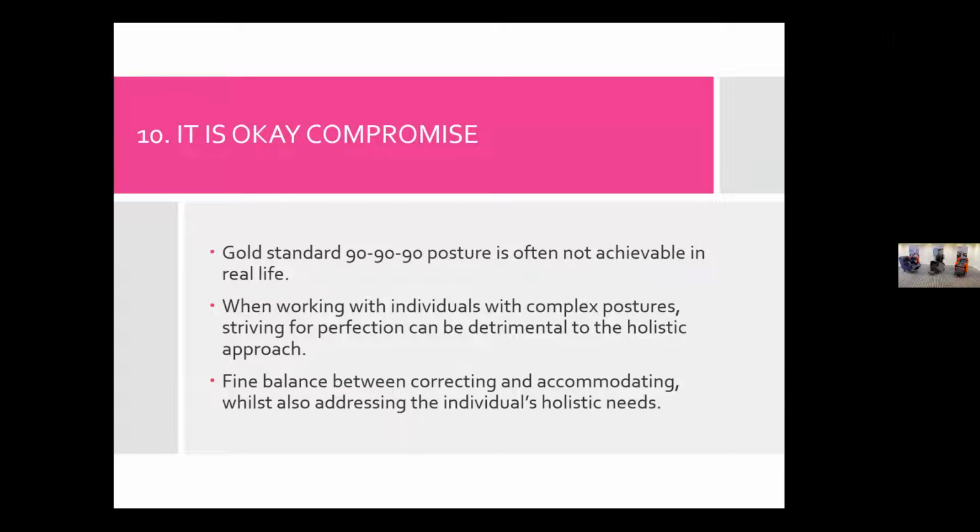Just as a side story that always sticks in my mind and reiterates this for me, I remember being a newly qualified physio and was heavily focused on the physical presentation at the time, working with a lady who had a hemiplegia. I went out to assess and could see, in her wheelchair, that she was rotated at the pelvis, rotated at the trunk, wasn't using the foot plate, and suddenly in my head I was just focusing on trying to get that perfect posture. She was correctable, so we'd get the foot plate in place and get the pelvis supported and stabilised at the back of the wheelchair. Then I went out a few weeks later to review and